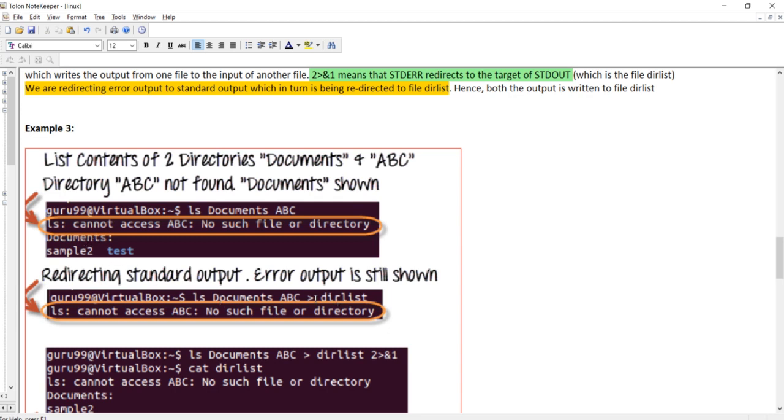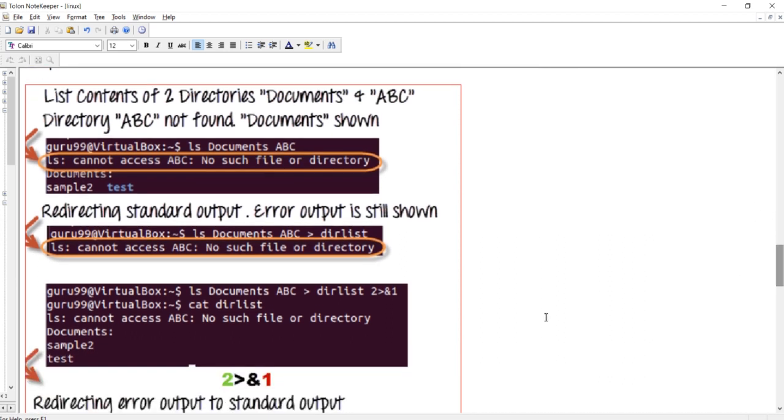So here you are redirecting your standard output to dir list. So here the error is coming, but your standard output is not visible. Now in this case, in the ABC, you have redirected the standard output as well as the standard error. So nothing is coming on the screen. But if you see the dir list file, you have both the standard output and standard error.